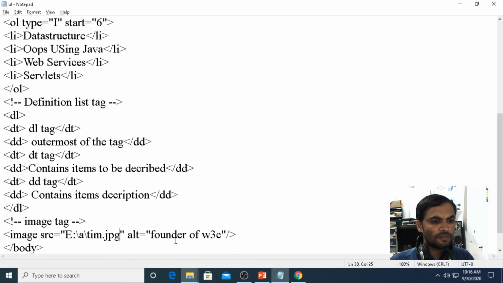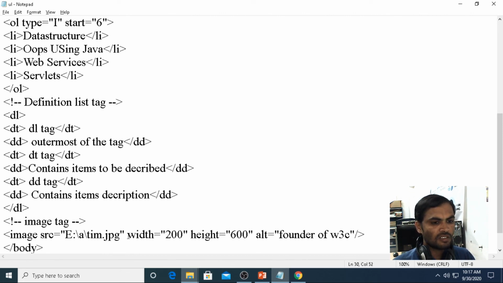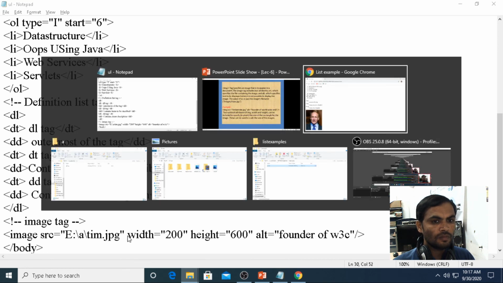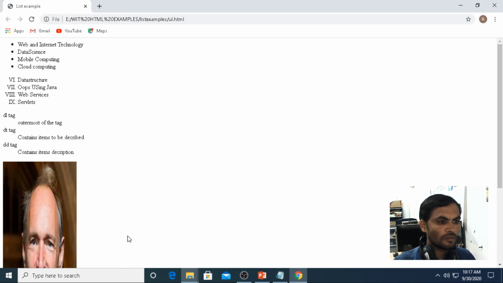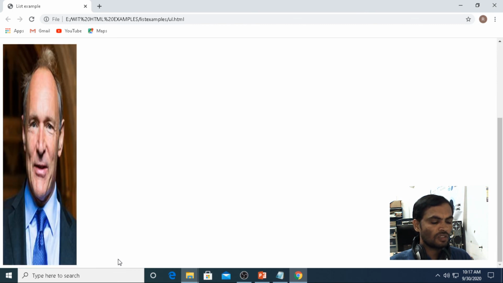If I use width equals 200 and height equals 600, see here, the width and height have changed.